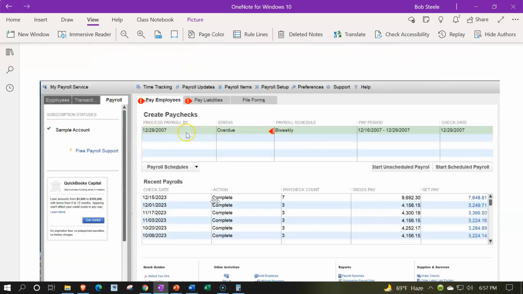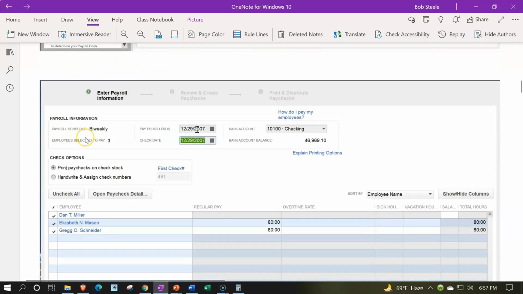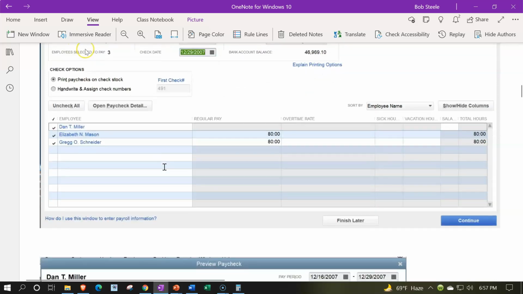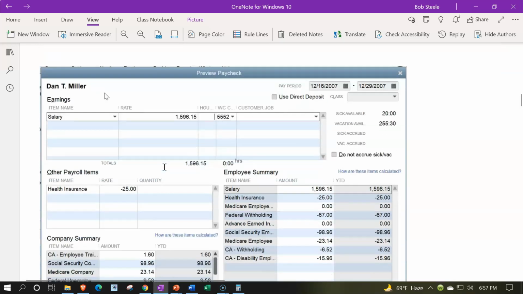You can also find this by going into the Employees Center, going from the Employees tab to the Payroll tab. You can then process the payroll from here if you have payroll turned on, which would look something like this. And this would give you your information, which hopefully is already populated for much of the difficult components including how often you pay: bi-weekly, weekly, semi-monthly, and so on. And then you can populate the dates of the paycheck and the pay period end, have your 3 employees, and then you can go into those employees to see the detail about a particular employee for that particular paycheck,